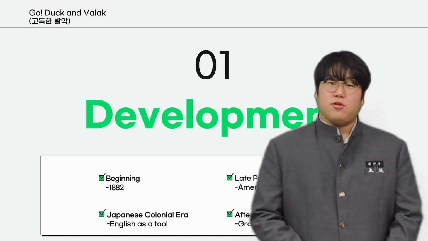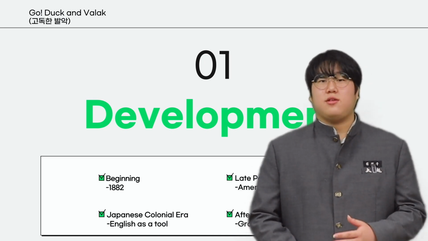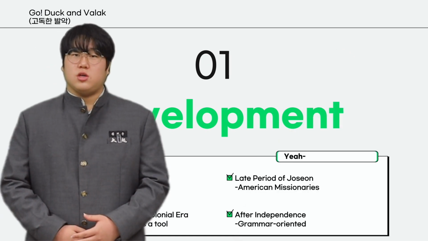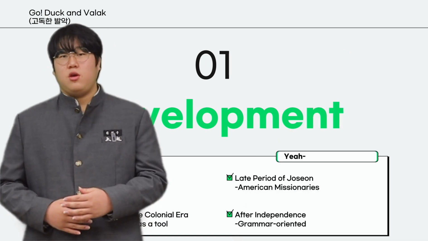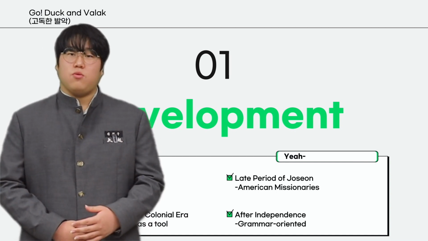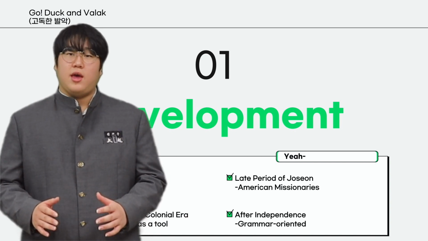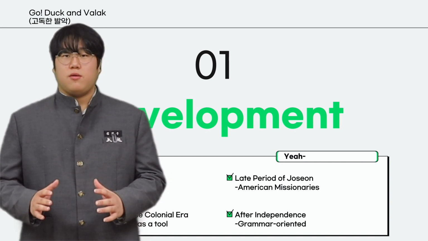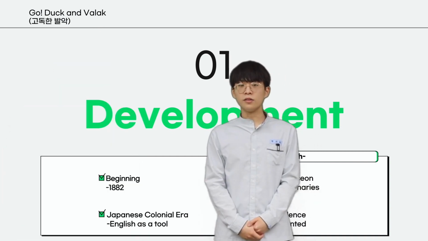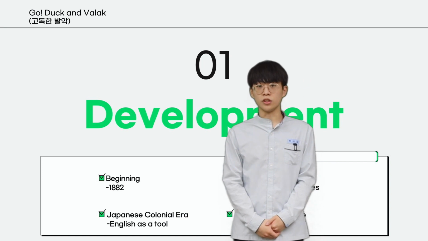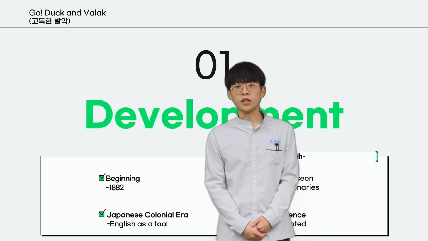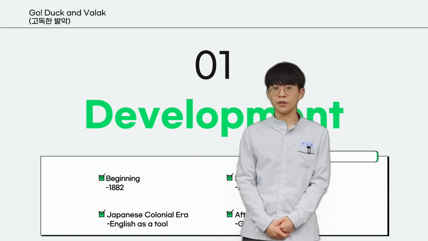Korea began English education after the trade treaty with the United States, which was signed in 1882. At the late period of Joseon, English became a stepping stone for the advancement of one's career. And also, English education, which was originally set up by American missionaries, had created a framework for the start of Korean English education. In the Japanese colonial era, Japanese English teachers taught English through grammar and translation, which served as an opportunity to settle early English education after independence.